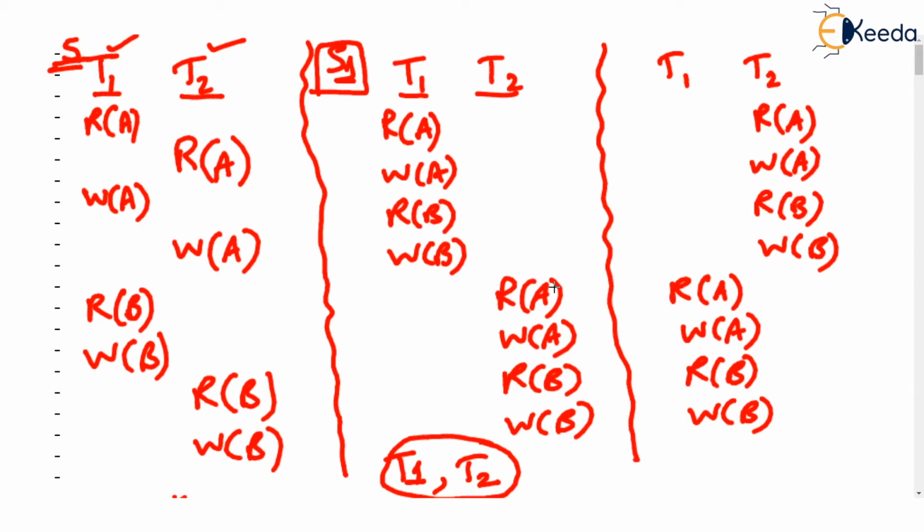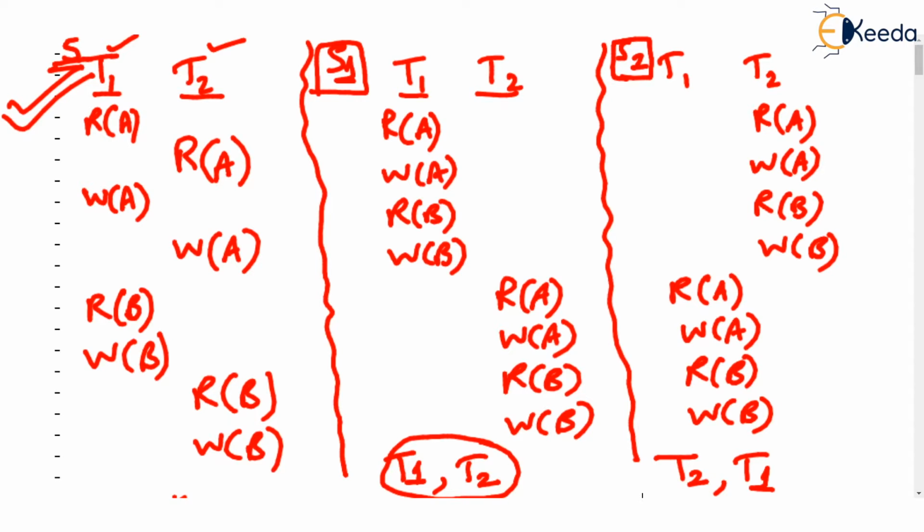And there is another serial schedule S2 possible, correct? How exactly? Let T2 run first, T2 will run completely, and after that T1 will run. Now, if this schedule S given on the left here is view equivalent to either S1 or S2, then we declare that S is view serializable. I hope it is not too confusing. Okay. So how many data items are there? Two data items, A and B.